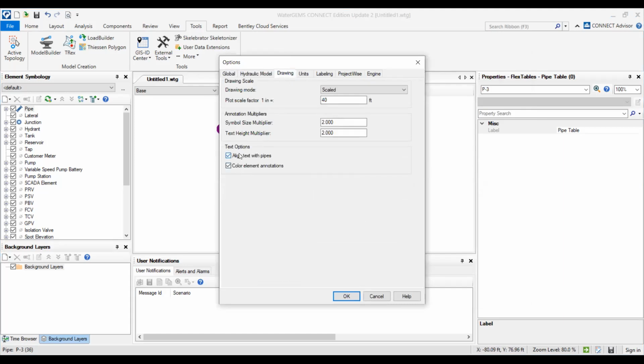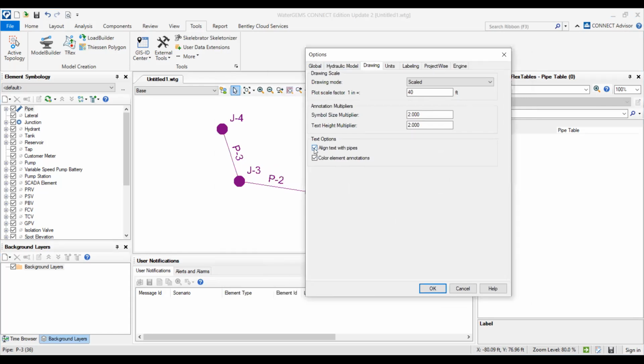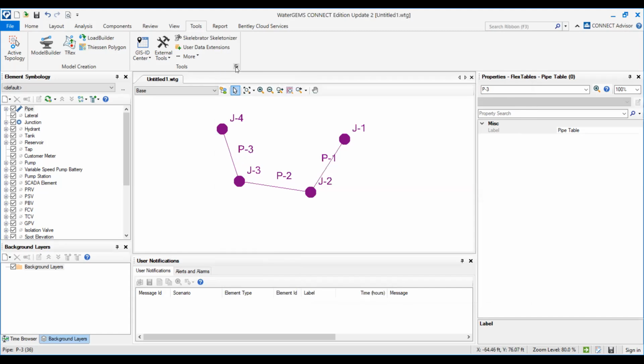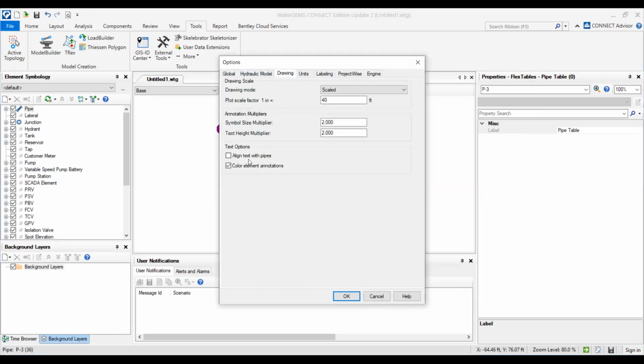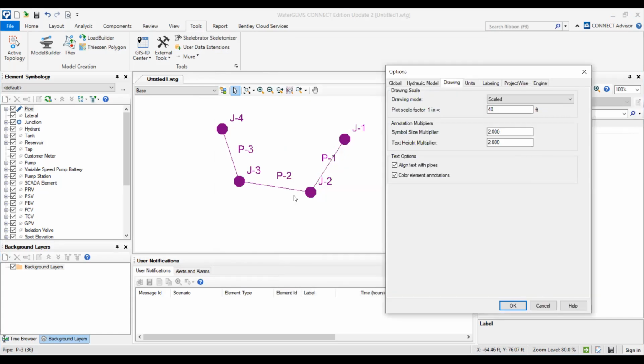From here you can easily, for example, if you do not want to align the text with the pipes, check or disable this option as well. And if you want to check the pressures on each junction by providing a color, then this option should be enabled, by properly annotating these junctions. And similarly,